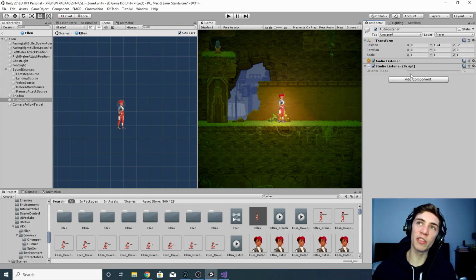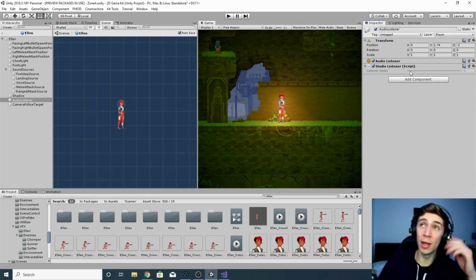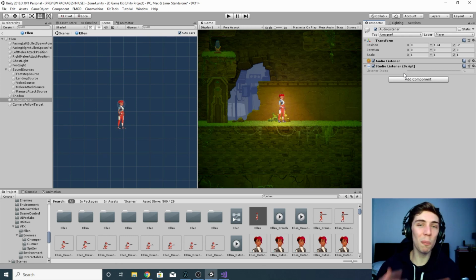I don't know why, but for some reason, I don't have the option to change the studio listener index. I tried working this out. I have no idea why. If that happens to you, don't worry. What's basically going to happen when the scene plays or when the game plays is it's going to assign a